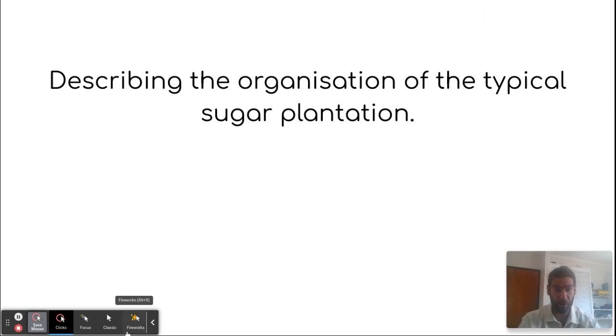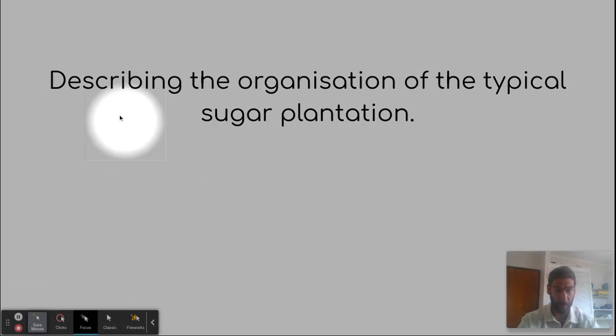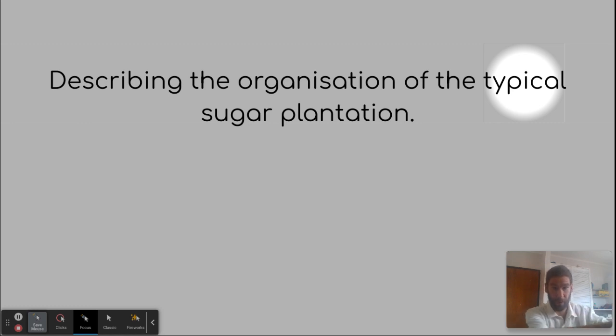Describing an organization of the typical sugar plantation. So we got to describe. This is really important. And not just an individual sugar plantation on Curacao, it's about the typical ones. With typical, we actually mean that each sugar plantation on different Caribbean islands, or Curacao or Barbados or Jamaica, was